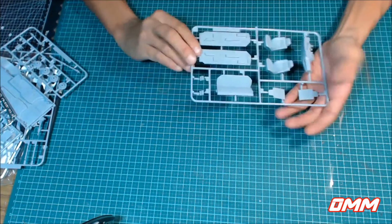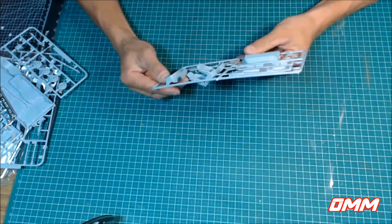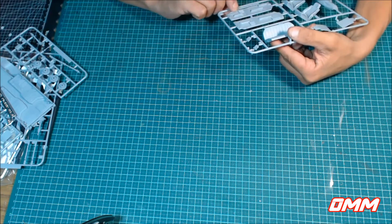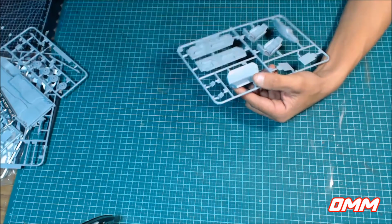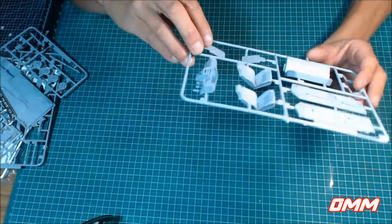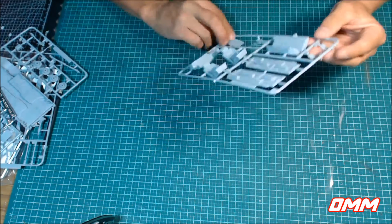You got your door trims inside. So you got speakers here, which is a pretty cool touch. That's your front door. Maybe your front door, back door. Got your seats, and then obviously that's your backing plate for your seat. Back seat, and these are,